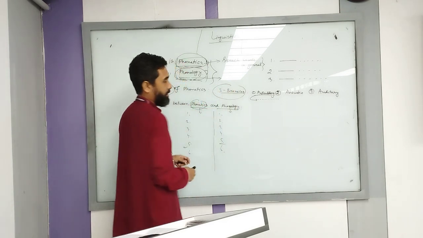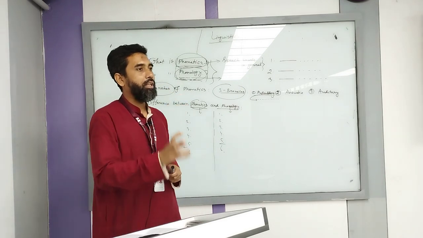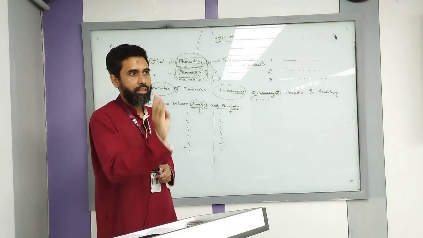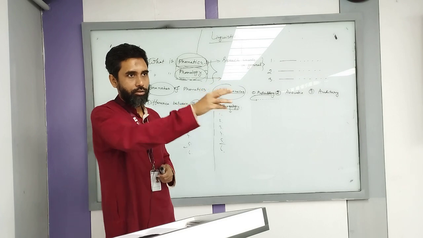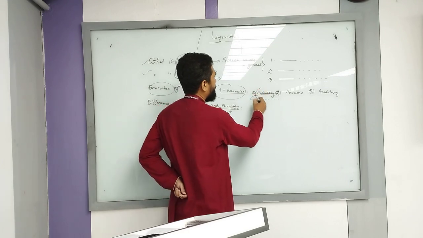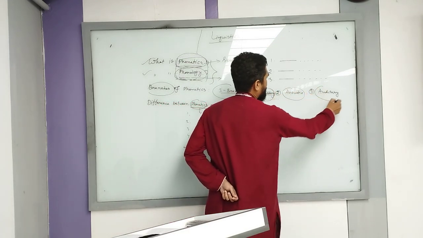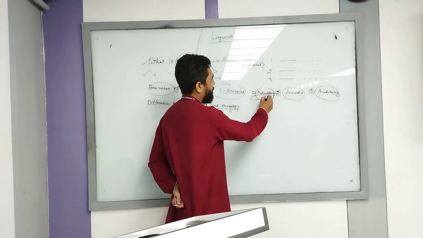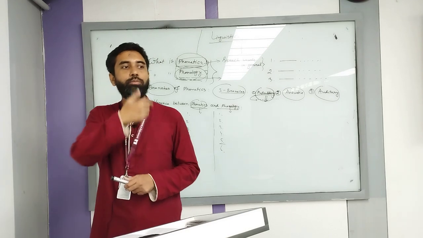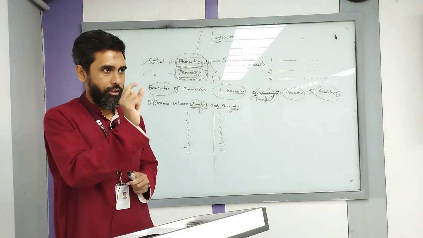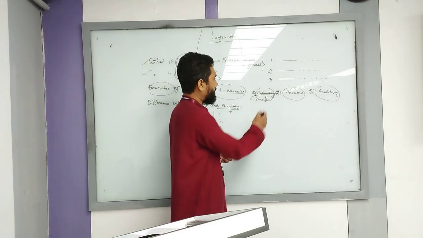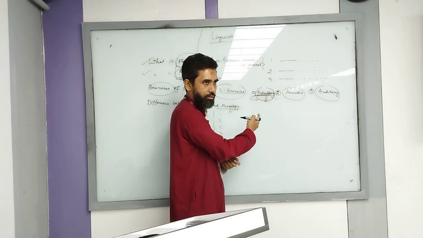Okay, so phonetics has three branches. You know that phonetics deals with the production of sounds. It does three things: production of sounds, transmission of sounds, and, especially for those who did not come to class, reception, perception of sounds. That is why, for these three tasks, we gave names to three branches. So first of all, articulatory phonetics. Articulatory means articulation. Articulate, verb, means to produce sounds. Articulatory phonetics is related to the production of sounds. This is number one, a branch of phonetics, right?